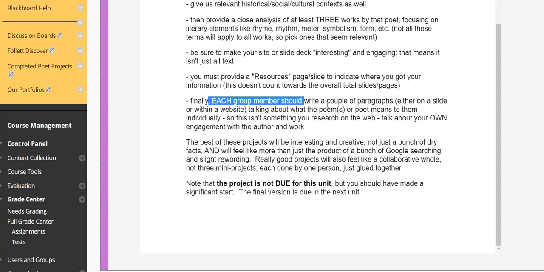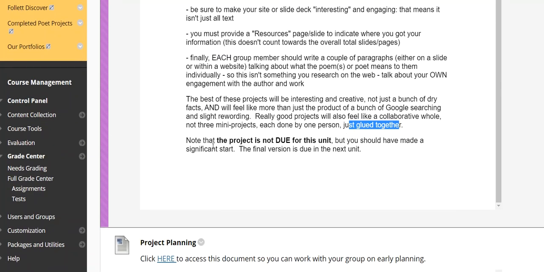So again, whatever you produce has that cohesive, holistic feel. It doesn't feel like, as I say down here, a glued together thing from different pieces. And of course, since you're managing not just the assignment, but the whole group dynamic online, maybe there are opportunities to meet face-to-face if everyone's on campus anyway, but maybe not, depending on everyone's schedule and situation.